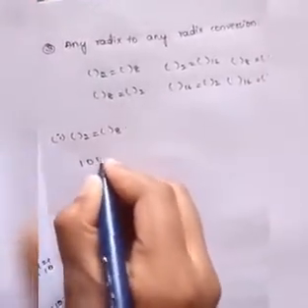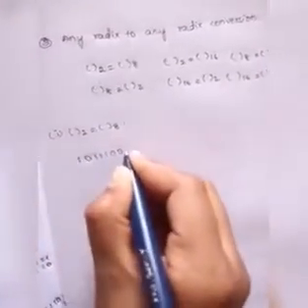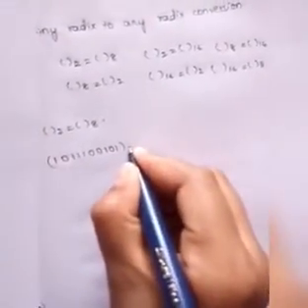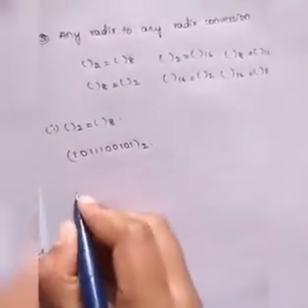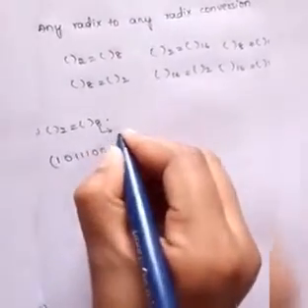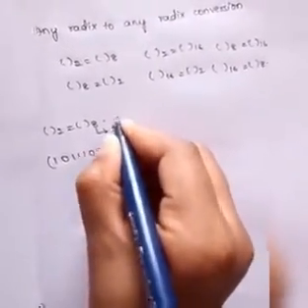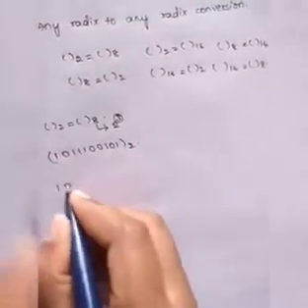binary to octal. In this we take the example as 10111000101. I have to convert it into octal. So 2 power 3 means 8, so I have to divide the digits into blocks of 3 digits.